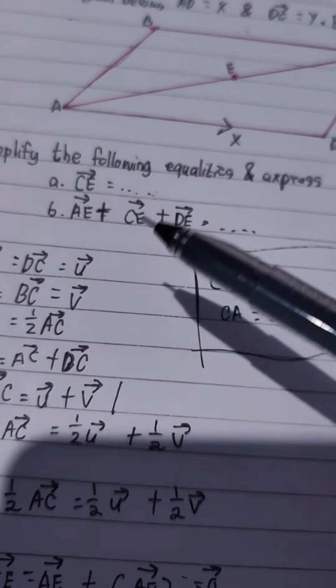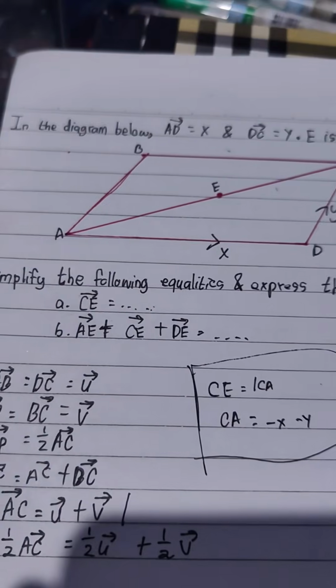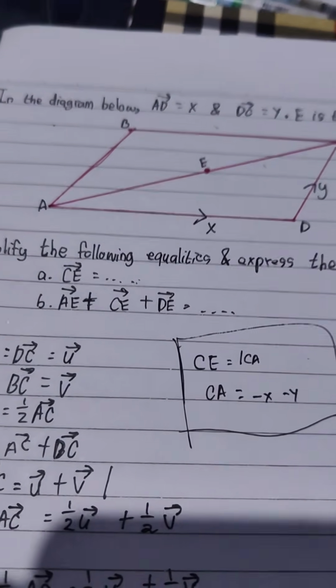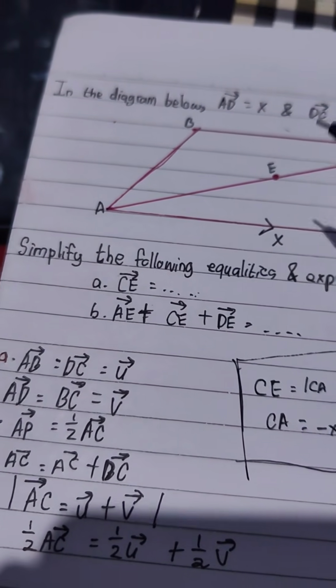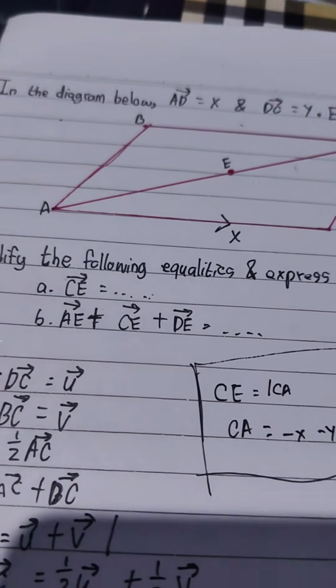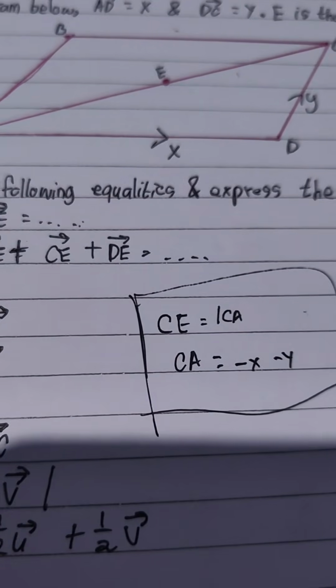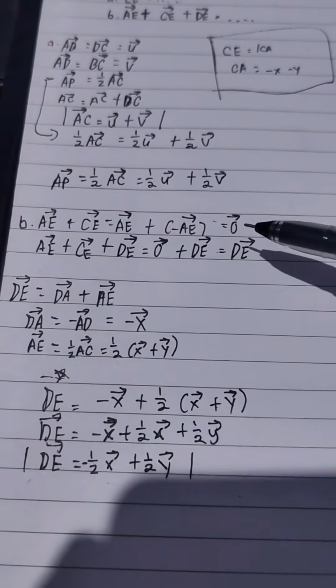Secondly, 2b, factor AE plus factor CE plus factor DE. So for this one, you need to remember that factor CE equals factor minus AE. Why? Because since E is the middle and it is between A and C, factor AE equals factor EC. Factor EC equals factor minus CE. So from that, we can conclude into one formula like this,